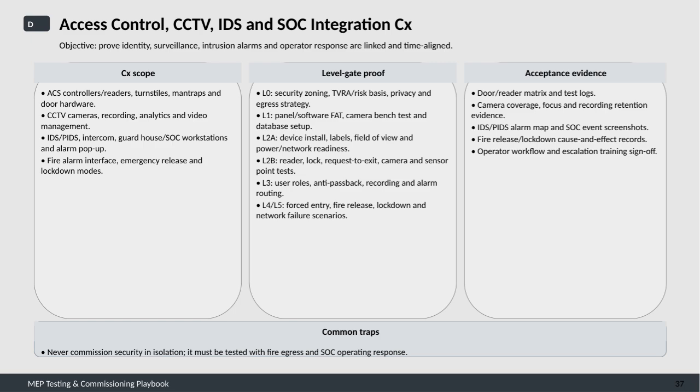For the level gate proof process, it begins with security zoning and risk assessment at level 0, followed by factory acceptance tests and software setup at level 1. Level 2 is split into device installation readiness and individual hardware tests, including readers and sensors. Level 3 verifies user roles and alarm routing. Finally, levels 4 and 5 focus on scenario-based testing, such as forced entry, fire release,